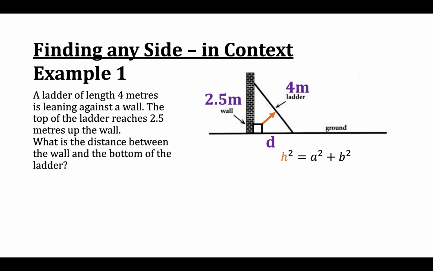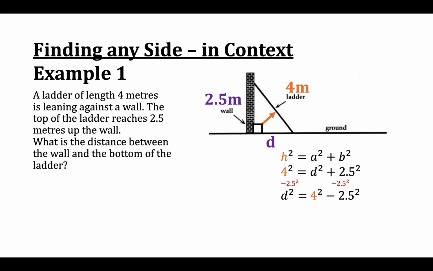So I can see that opposite the right angle is 4 metres, and so that lets me substitute into my formula. So 4 squared is equal to d squared plus 2.5 squared. And I need to find d squared, but at the moment it's not the subject of my formula, so in order to make it the subject of my formula, I need to subtract 2.5 squared from both sides of the equation,